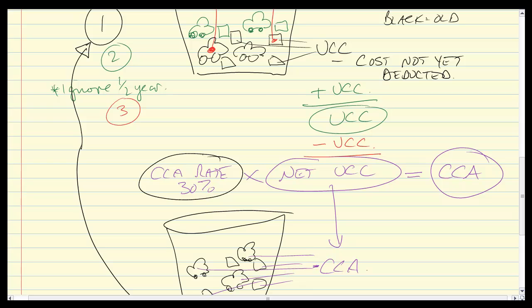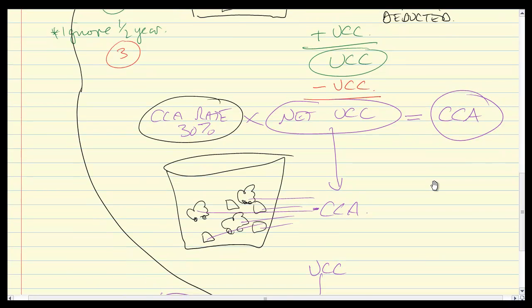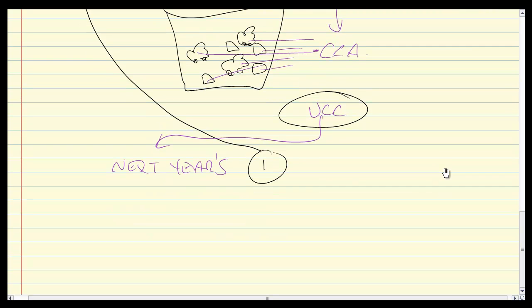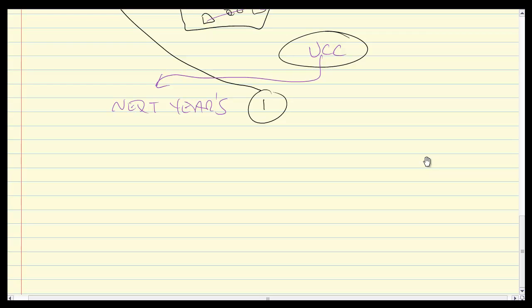Okay, so we need to have the right number there before we apply the rate. Then we take out the CCA to get at the point where we have this UCC, which is the number that we're trying to take to next year. Okay, and the half-year rule complicates that a bit, as you'll see in the textbook, but I'll talk about the half-year rule right at the end. Okay, next point is